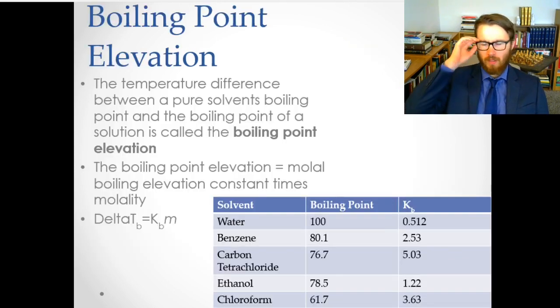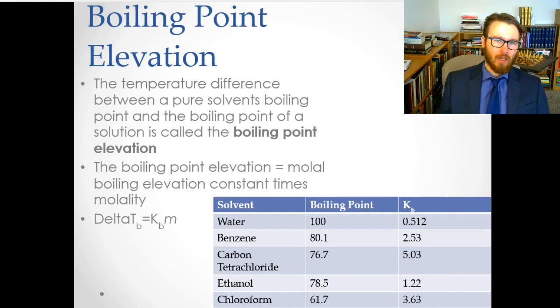So, boiling point elevation. The temperature difference between a pure solvent's boiling point and the boiling point of a solution is called the boiling point elevation. Basically this: you have something like water. When you dissolve stuff in it, the boiling point goes up. And the more stuff you dissolve, the higher the boiling point gets. So the boiling point of water is 100 degrees Celsius. If you dissolve a bunch of salt in it, it goes up to as high as like 110, 105 degrees